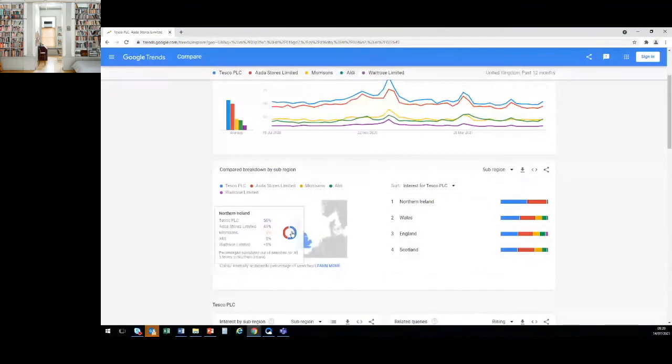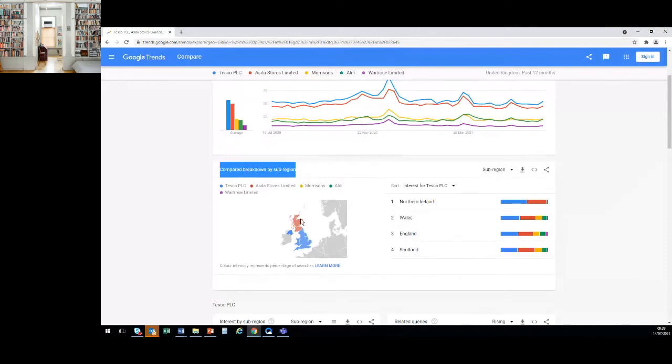We can also see something different. When we scroll down, we can see the breakdown by sub-region. In England, the blue dominates, which is Tesco. And in Wales, similar. In Scotland also, and maybe in Northern Ireland also.